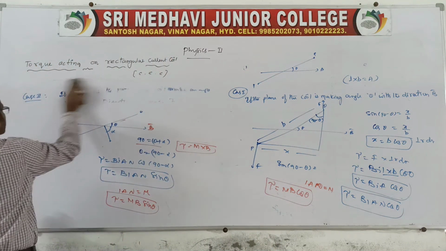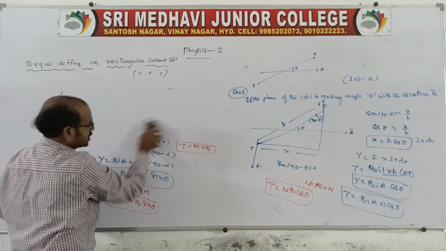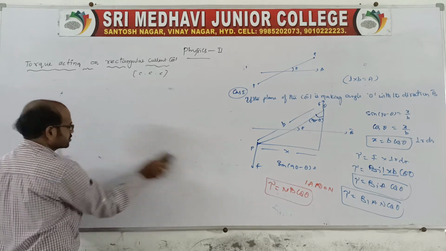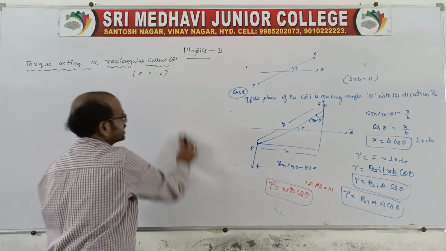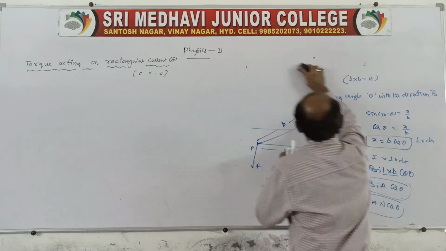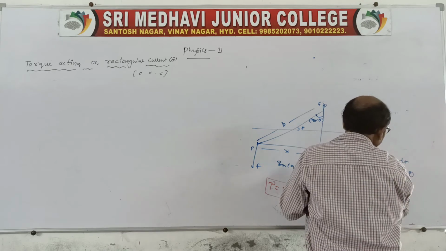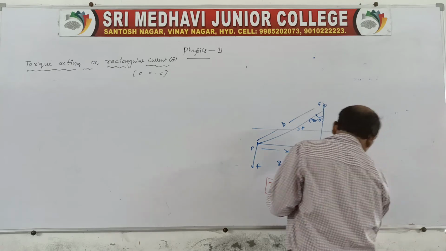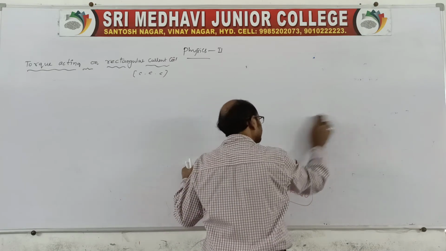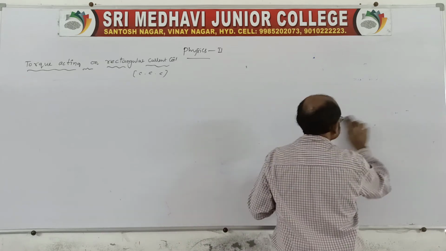Because the area of the coil is very important. Suppose a square coil is suspended, then you take the square coil area. Square coil area is nothing but the side squared, right? If a circular coil is suspended, of course you take the circular coil area, that is pi r square. So these are very important. It only depends on the given coil, the area of the coil only.